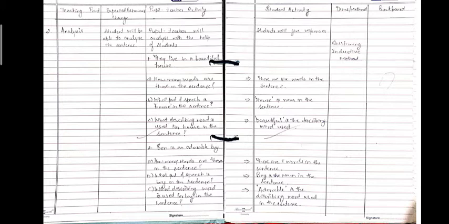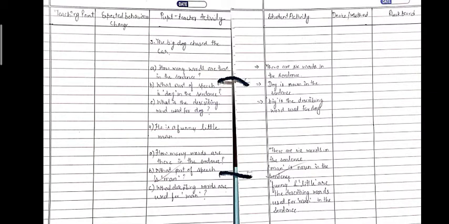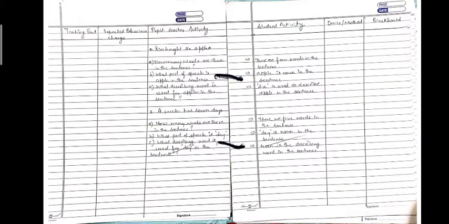And in student activity we'll write the answers and what students will do. Device and method, whatever method you are using, like we are using the questioning method here. And in blackboard work, whatever important words or adjectives come in the sentences, you can write them here in the blackboard work. So these are the third and fourth sentences and their questions based on the analysis part. Next we have the fifth and sixth sentences. Like I told you, we have to make at least 5 to 6 sentences for the analysis part.